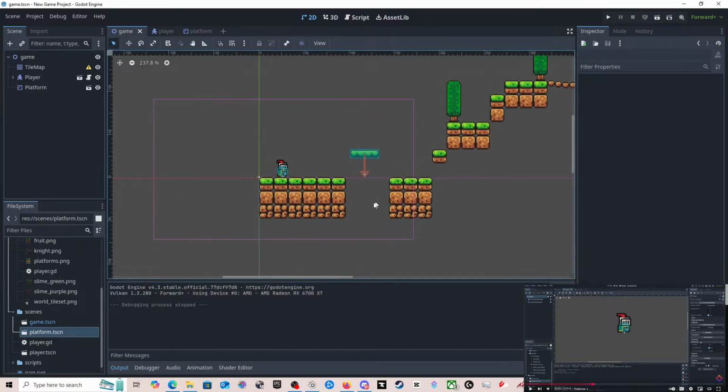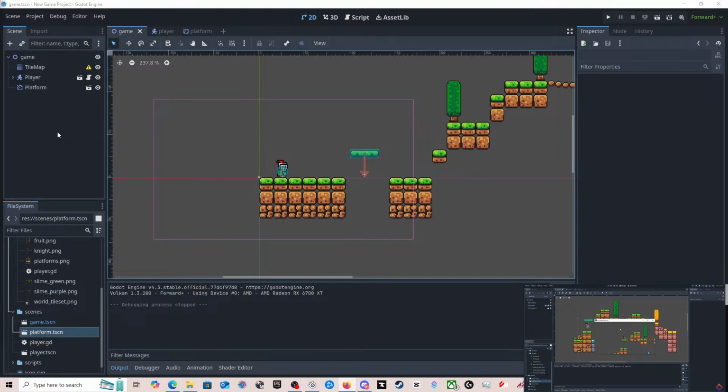Right, we're getting there. Ordering and set the z-index to something higher like 5. By default, all visible nodes have a z-index of 0. Because they all have the same index, they are drawn according to their order in the tree. So by setting the z-index to a higher value like 5, we ensure that our player will always appear on top. And now if we play, we can see that our player passes in front of the platform.